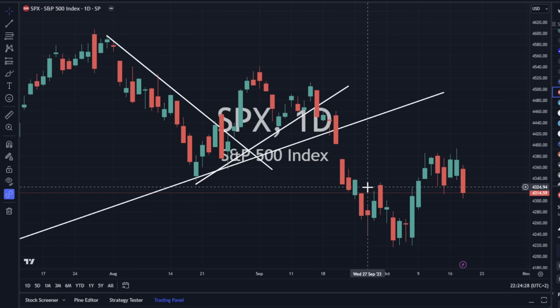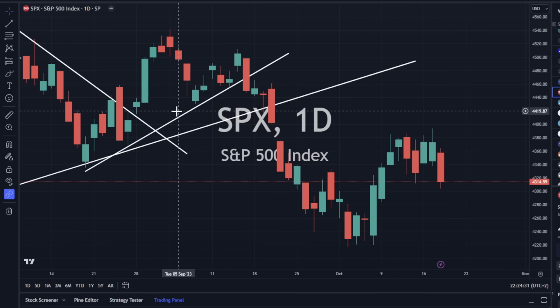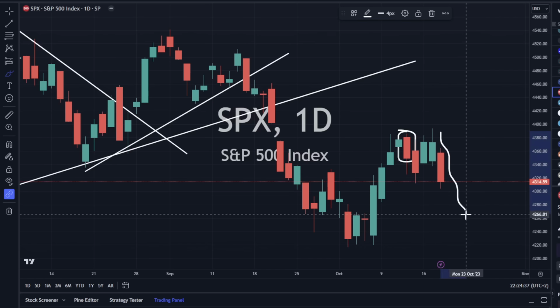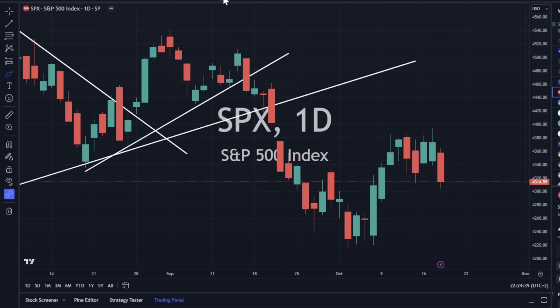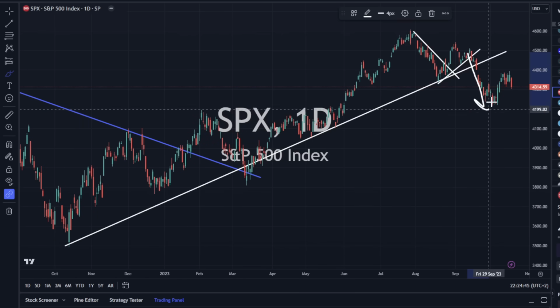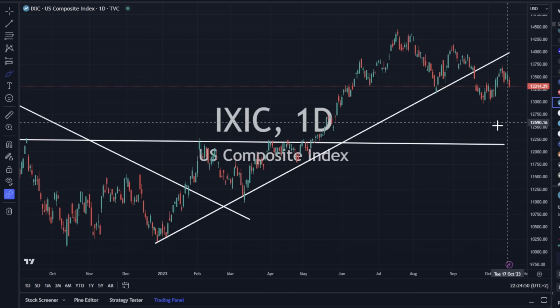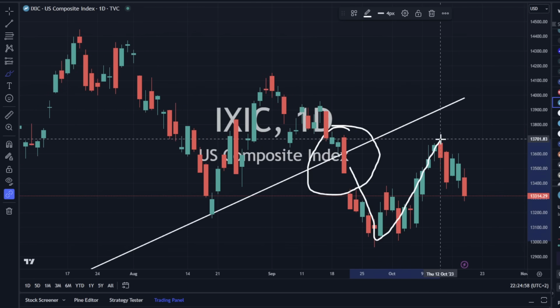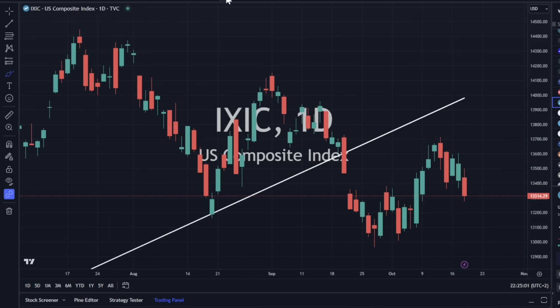S&P 500 down day to day. It's not a reversal candlestick. We do have one here though. That's a bearish engulfing there. That generally puts downward pressure on it. So again, we'll see where this trades. We are underneath resistance, so we've broken out to the downside, and that generally works its way lower. The NASDAQ, same thing. We've broken through on a bearish engulfing pattern there. On the downside, you usually get a return move, and then you roll back over. So again, if this is a legit move, if rates continue to go up, I do expect pressure, a headwind,